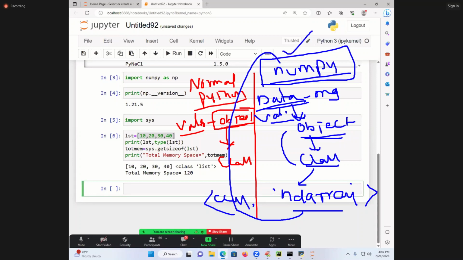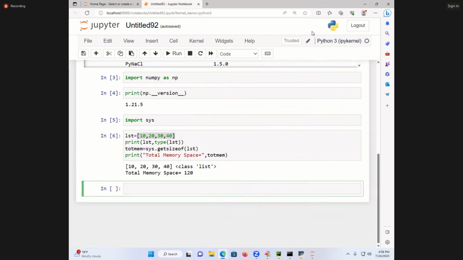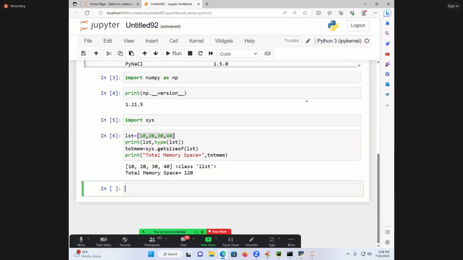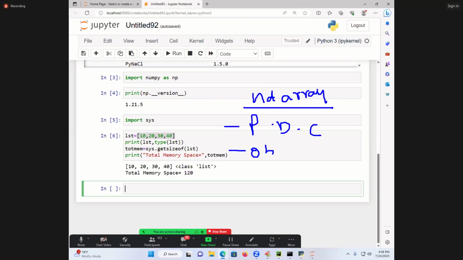So total Numpy programming organizes the data only in one object. That object is an ND array class object. So people will ask you the direct question, what is ND array? If you understand me, it is a gunshot question for you. ND array is one of the predefined classes whose object allows us to organize the data,